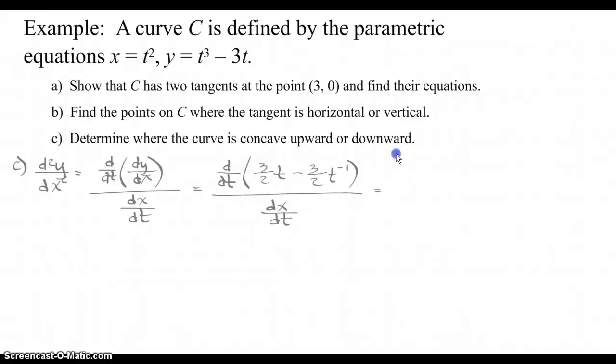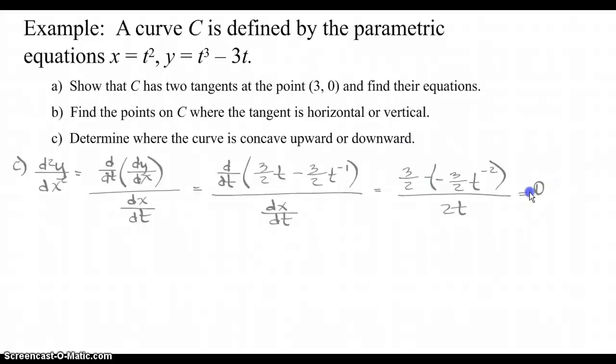So the derivative with respect to t here in the numerator is 3/2 minus, this is a power rule here, pop my negative down front, -1, and then subtract 1 from the exponent. So there's my power rule, and dx/dt is simply 2t. There's a lot of cleaning up to do there, but as far as concavity is concerned, if you'll remember,